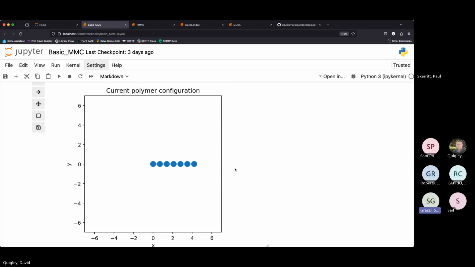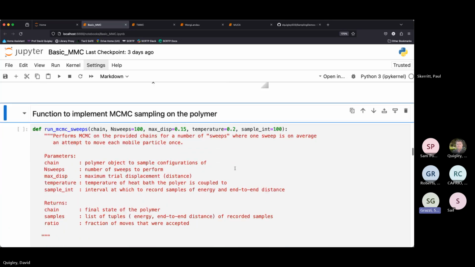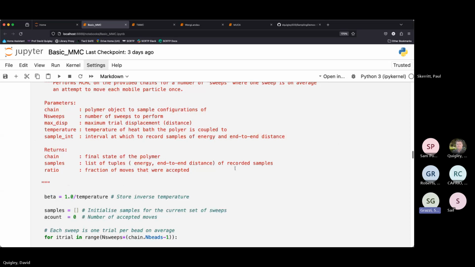So I've started off with this thing in a very boring configuration. The fixed bead is at the origin, and the others are just in a line separated by the equilibrium bond distance. And here the state space is